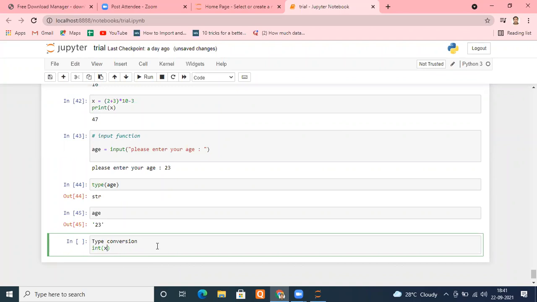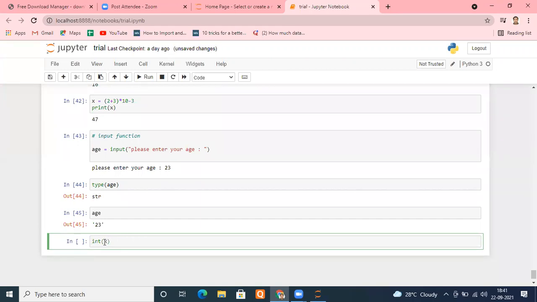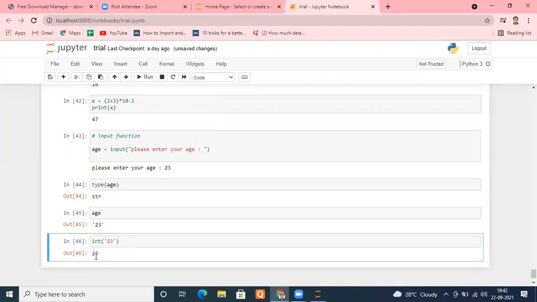Int function. Okay, what will the int function do? If x is like a string, but a stringed version of a number, it will convert that into the integer. Let me take an example. Let me remove this and come here and type inside the x, in quotes so that it understands strings. Let me take 23. So what it will do, it will convert that into the integer number. Can you see? This quote has gone now, which was there earlier.